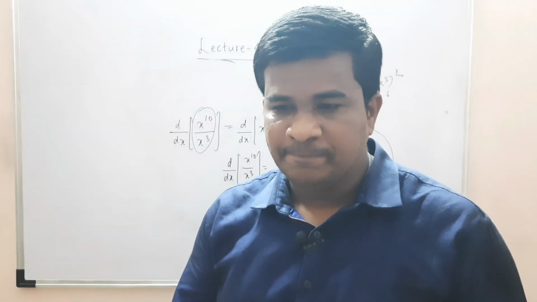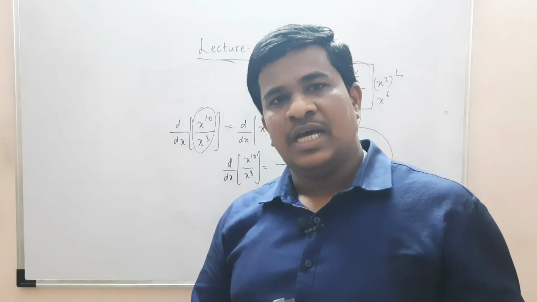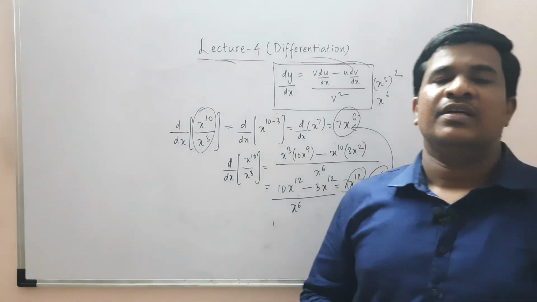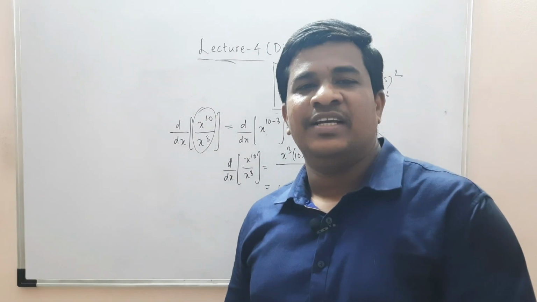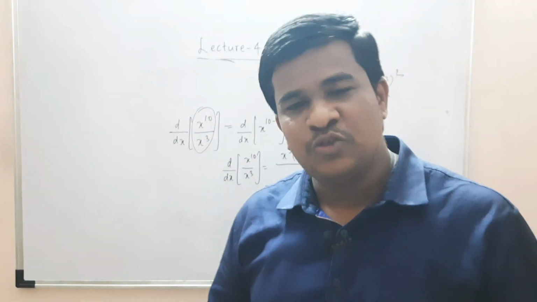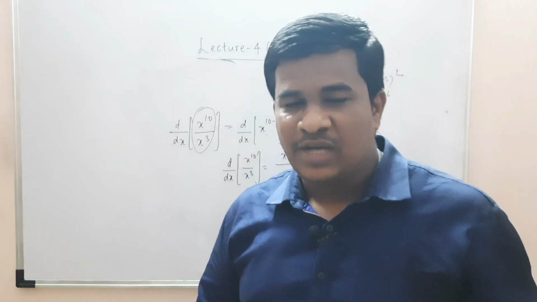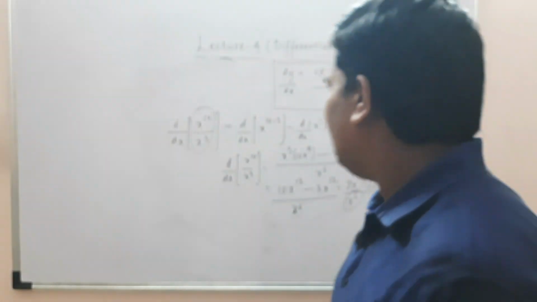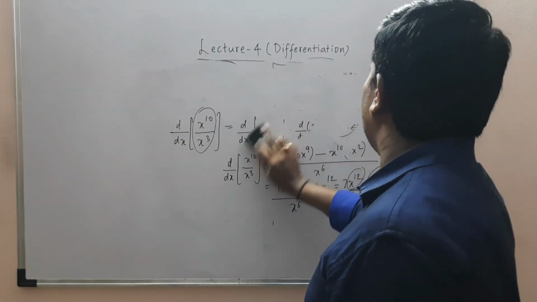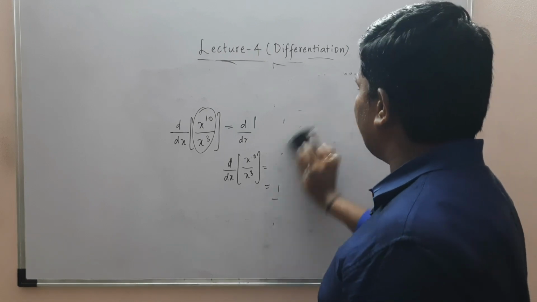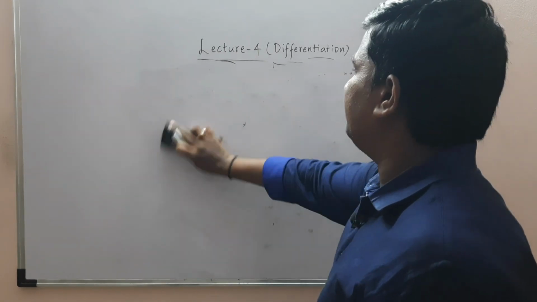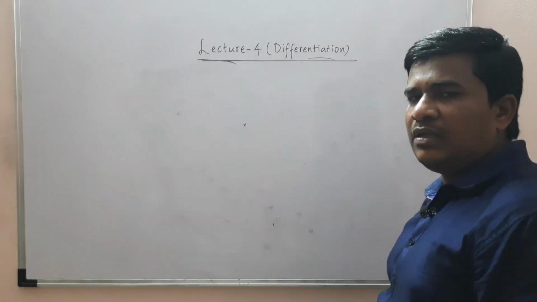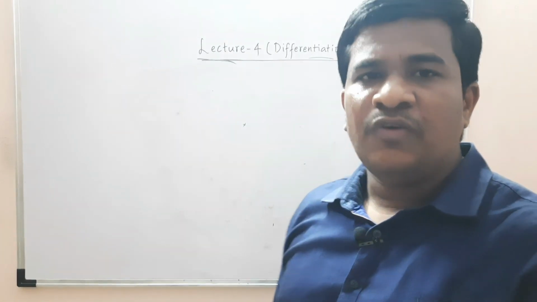So we have seen when two functions have a plus sign in between them, how it is to be differentiated. When you have a minus sign, how it is to be differentiated. When you have a product of two functions, how it is to be differentiated. When you have a division of two functions, how it is to be differentiated. This is what we have seen. Okay, and let me explain one more important concept, so that will be helpful in understanding the derivative of trigonometric functions.